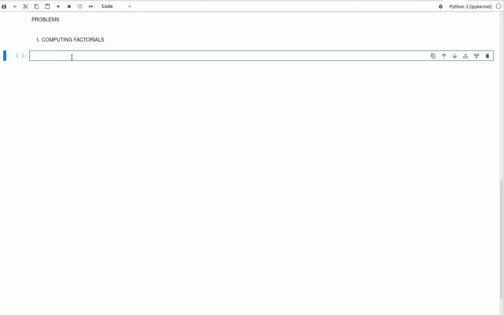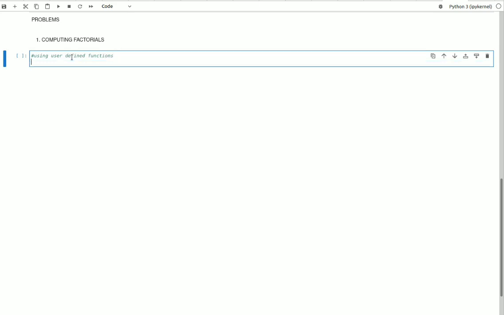The problem is computing factorials. We all know what a factorial is, and we are using Python to generate code that, when we put a number in, gives us the factorial of the given number. For this we are using user defined functions, and the code looks like this: